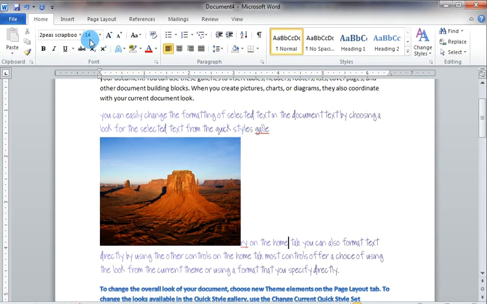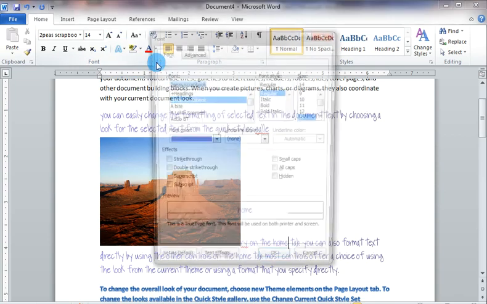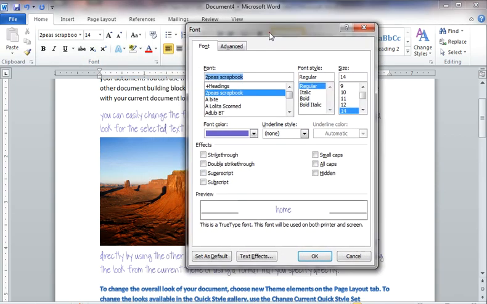So one more thing left in the font group, that is the font dialog box. You can also open the font dialog box by clicking on this launcher arrow in the font group. Now you can also change the font format by using these options, and it has more options